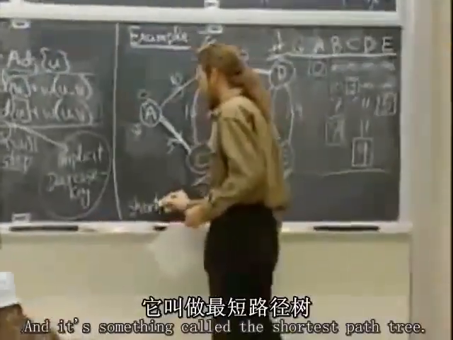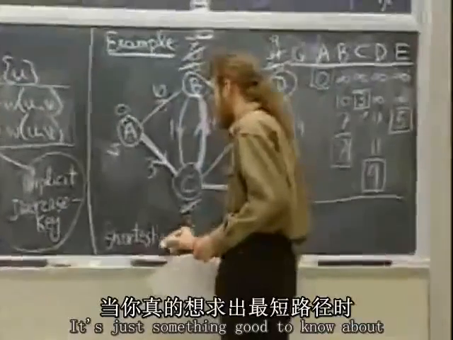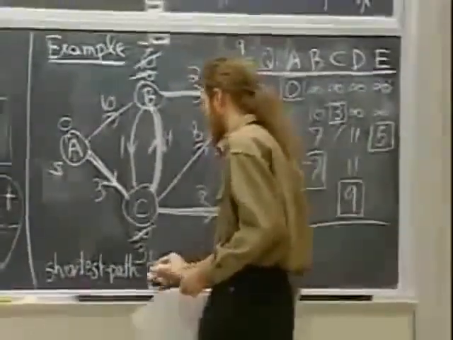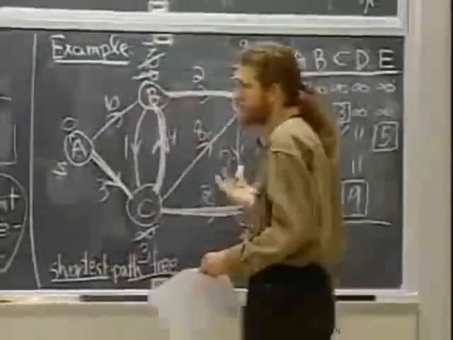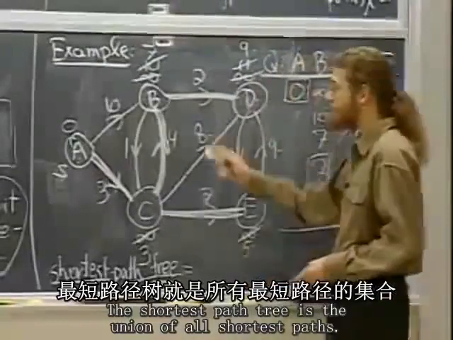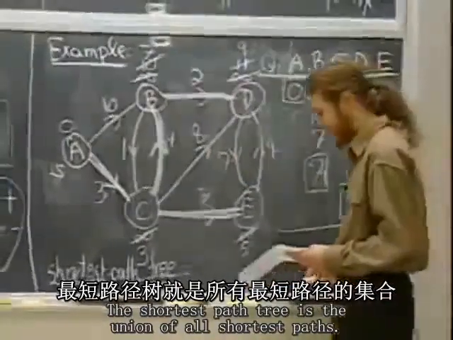It's something called the shortest path tree. It's just something good to know about if you actually want to compute shortest paths. In this class, we mainly worry about the weights because it's pretty much the same problem. The shortest path tree is the union of all shortest paths. And in particular,